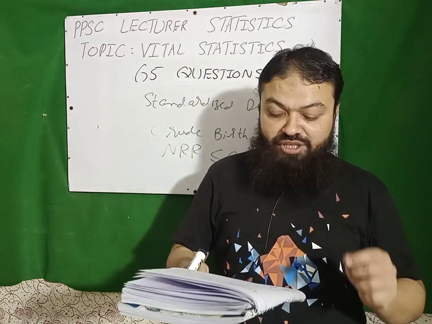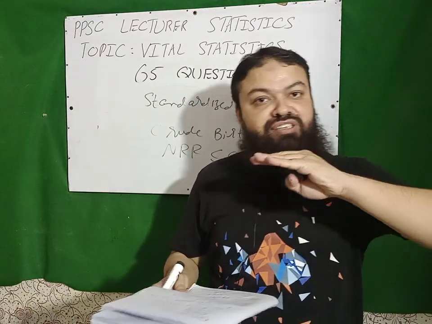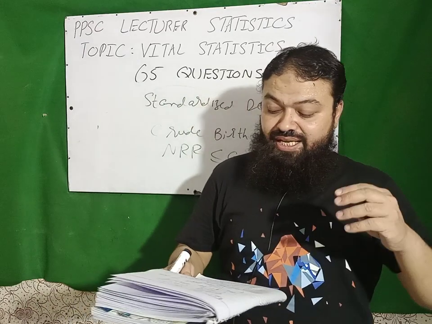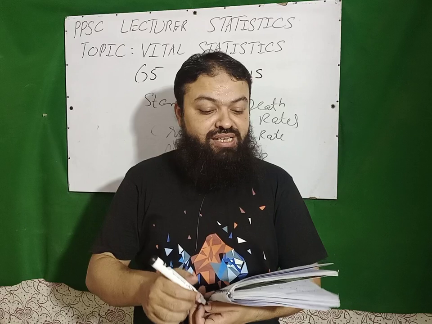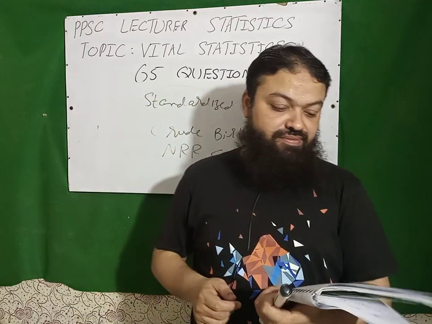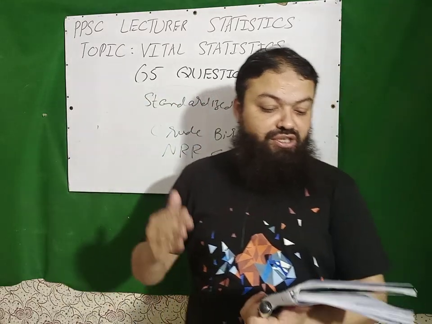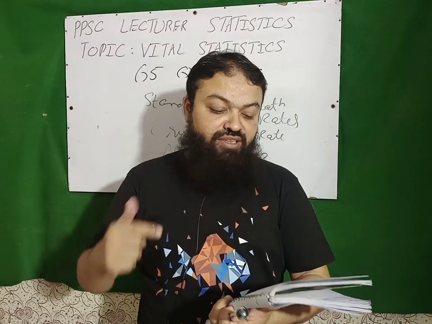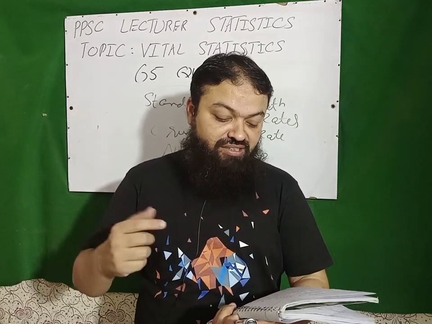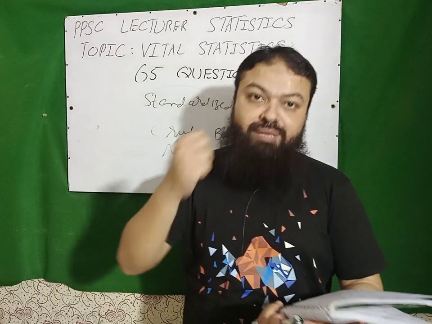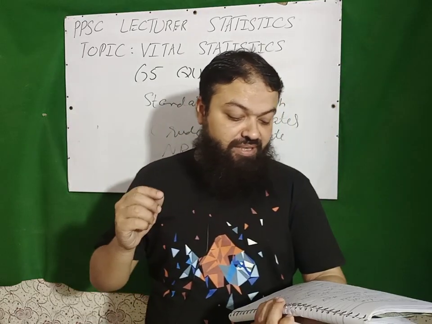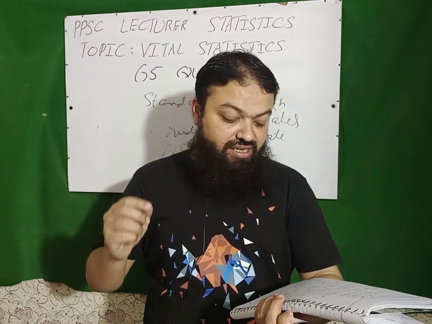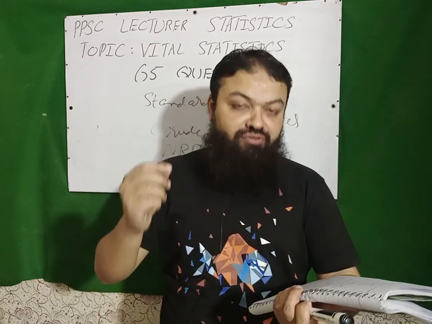Next is a population with constant growth rate. Constant growth rate. It is not increasing or decreasing. It is stable population. Next is the general death rate is technically crude death rate. Next, a population closed to migration with time independent constant birth and death rate is called stable. Next, the neonatal mortality is the period wherein death occurs before completing 4 weeks of life.